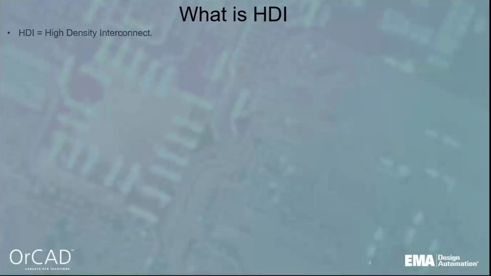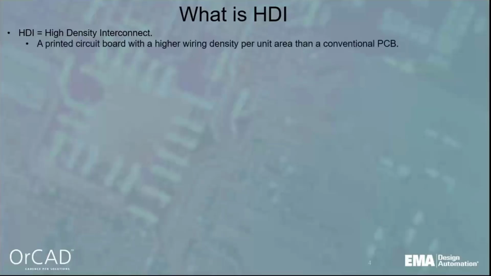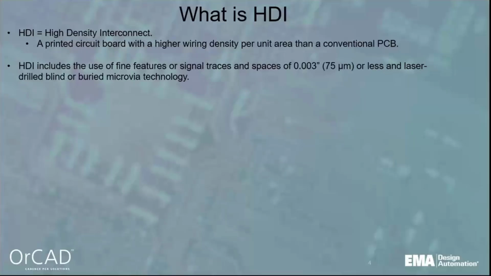So first thing, what is HDI? HDI stands for high density interconnect. It's a printed circuit board with a lot more wiring that's designed inside of the board. So the density is very, very thick compared to the conventional boards. You're going to see a lot more chips on the board with 2,000 pin BGA counts and things like that, and multiple layers. You're going to include fine features like signal traces down to 0.003 or less,